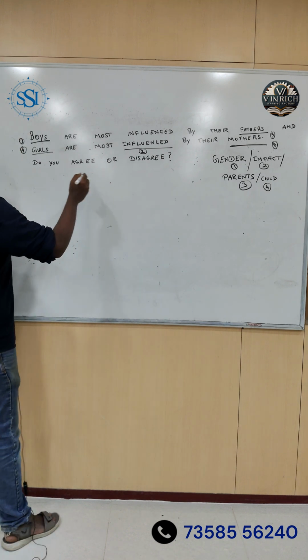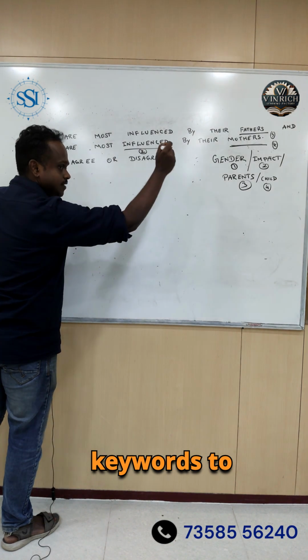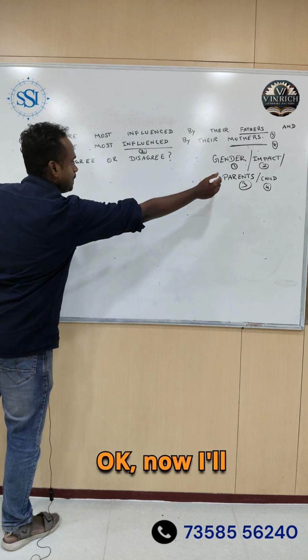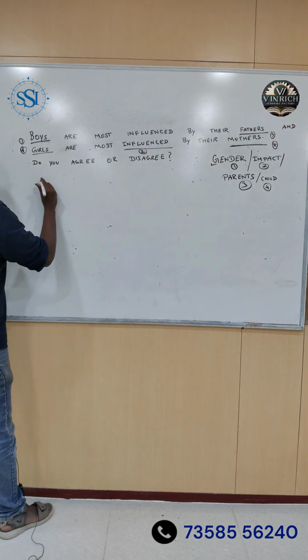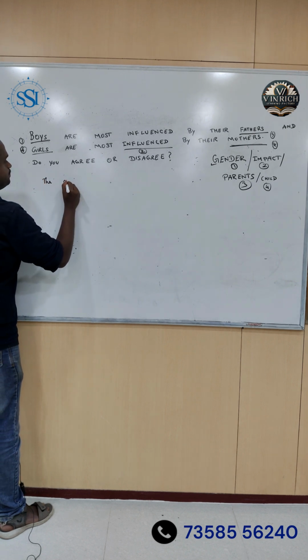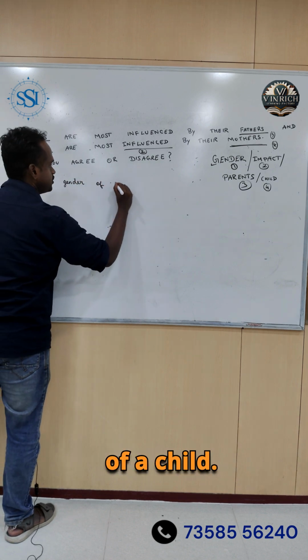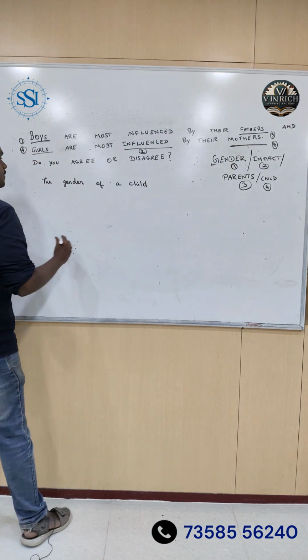Okay, now I'm going to choose any one of those keywords to start off the essay. That itself is a rich start. Okay, now I'll take the word gender to start. The gender of a child, again the 4th keyword, right,